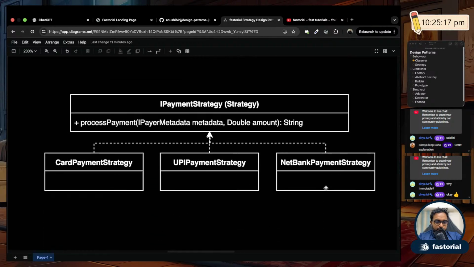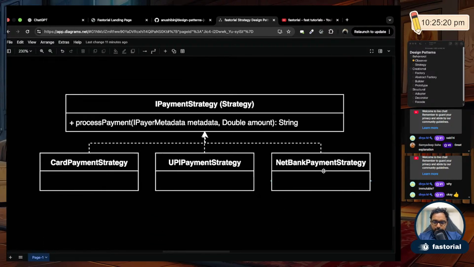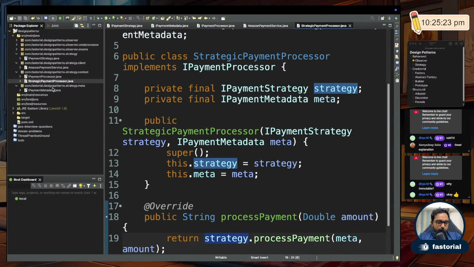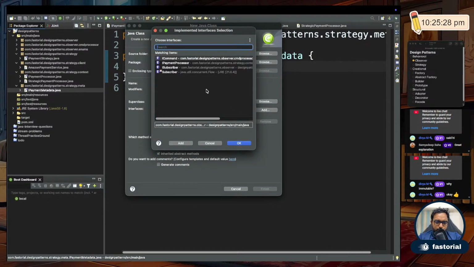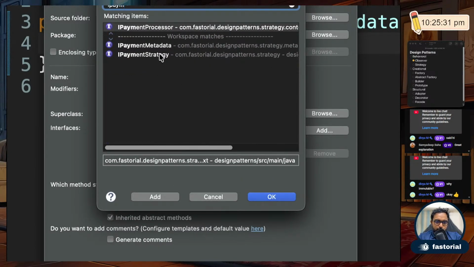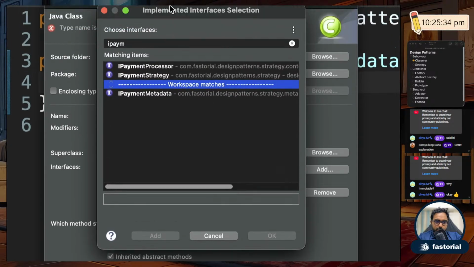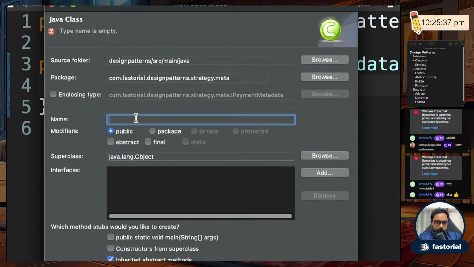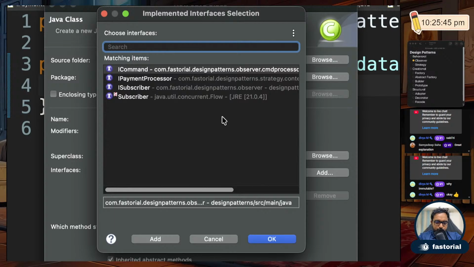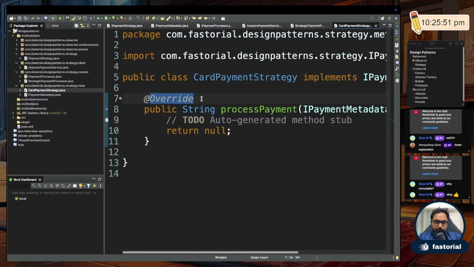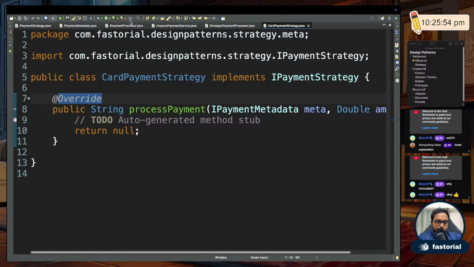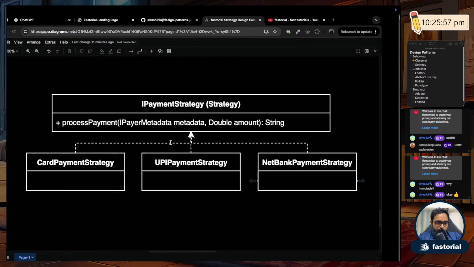So now let's implement the strategies. I will write card payment, UPI payment, and banking. Where is card payment? New class. Okay, I'll implement this payment strategy, and card payment strategy. Okay, didn't add it. Payment strategy. Okay, so I'll implement that, and this will just return a string which was shown in our input,